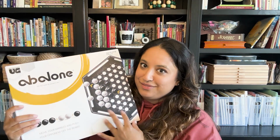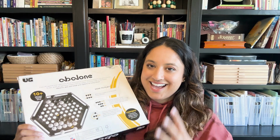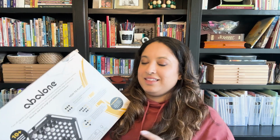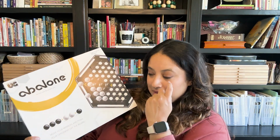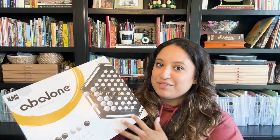Let me know in the comments if you've played this game before. But I just love all the games that Timberdoodle has in their kits. They're really good quality. They aren't plasticky, cheap kind of ones. I just like that they have even some wooden options as well. I have never played this before, and I like this one because it's kind of bumping your opponent out of the way, and it's super fun, and I think she's going to have a really good time playing